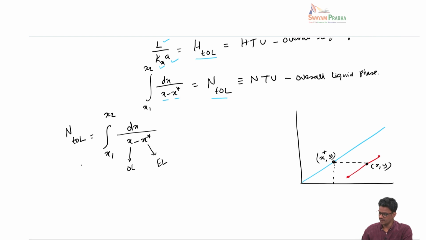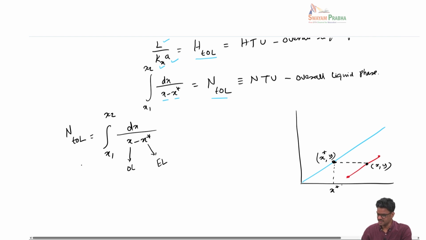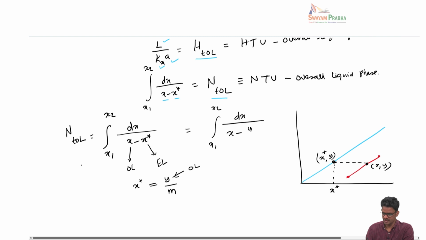Okay, so if I use y along this equilibrium line, the corresponding one is the x star. What I mean by that is x star can now be written in terms of the equilibrium line, which is y by m. Why is this important? Because this y is coming from again the operating line. So this can be written as the integral from x2 to x1 of dx by (x minus y by m),